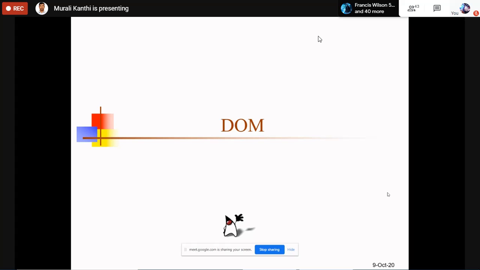we discussed the differences between DTD and XSD, Document Type Definition and XML Schema Definition. What are the differences between these two? Then which one is preferable? Then which one has advantages in real time? Which one is used? So we completed everything.